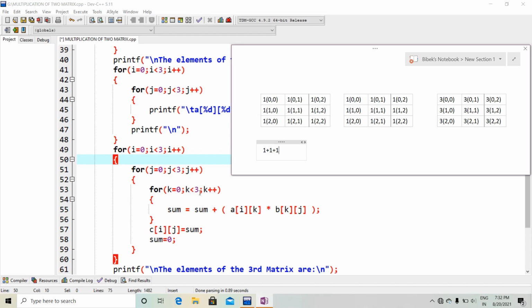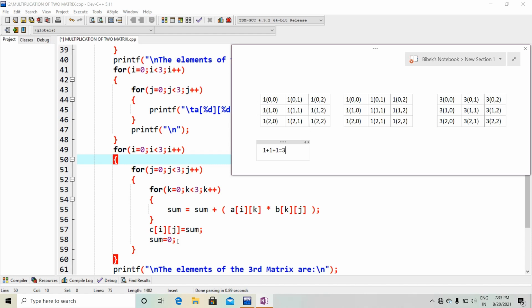So for i equal to 0, j equal to 0, our task is complete for the k loop. The result sum equals 3, and this 3 will be stored in c of ij. C of i equal to 0, j equal to 0, so this will be stored here, and finally sum will be again 0. Okay, now our sum is again 0.